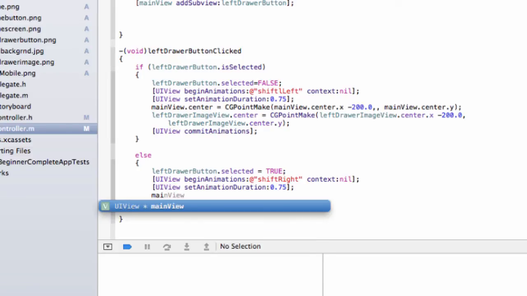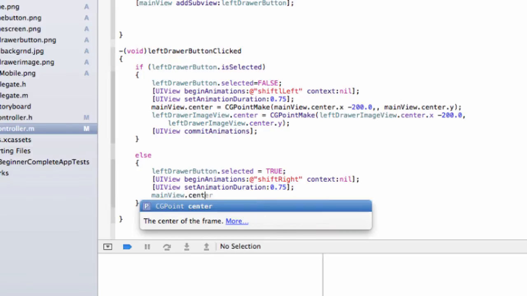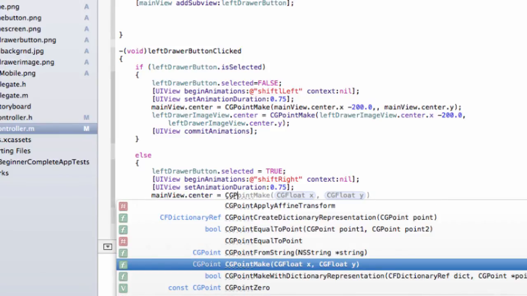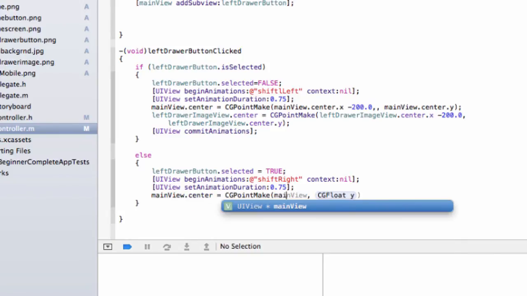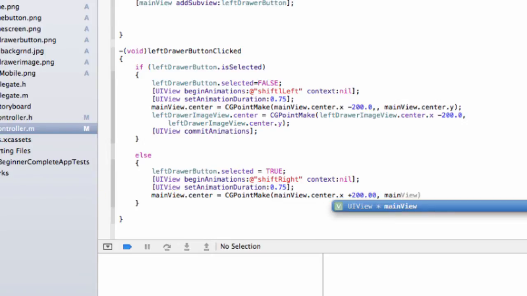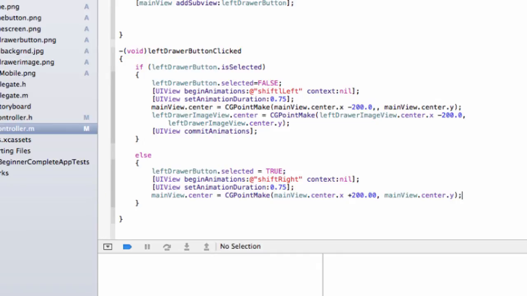And now we're going to make the main view center, and we're going to pass that with CG point make, and then we're going to create main view dot center dot x will be plus, now you see, we're going to move that over 200 points over. Then we're going to create the main view dot center dot y, which then closes the parenthesis and then semicolon